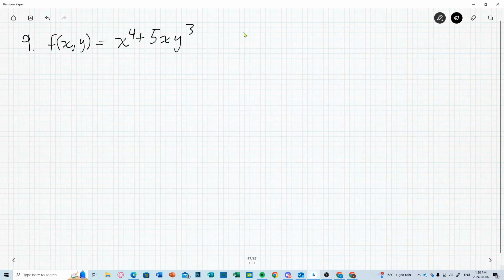Alright, so today we're going to be going over partial derivatives. So we have question 9 here, which is f of x and y is equal to x to the 4 plus 5x multiplied by y to the 3. Now to start, what we're going to do is find f and take the partial with respect